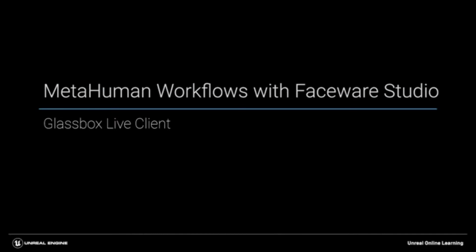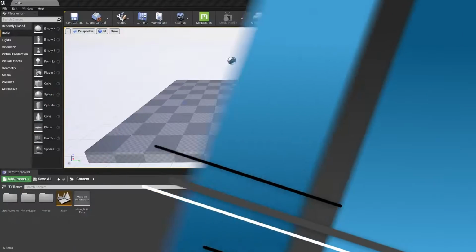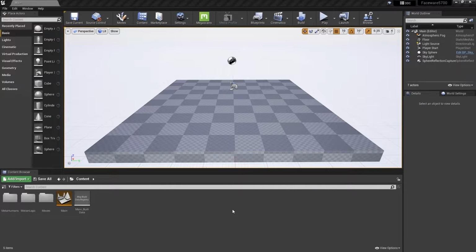In order to have a metahuman use the facial performance data being tracked and streamed by Faceware Studio, we'll need to configure a metahuman in Unreal Engine to receive that data and apply the data to the facial controls. In this module, we'll go through an example using our example project